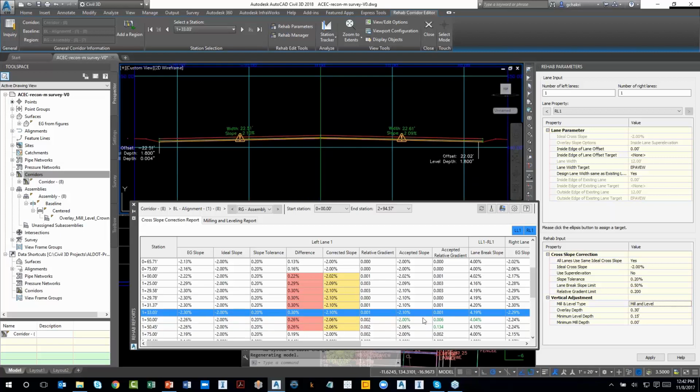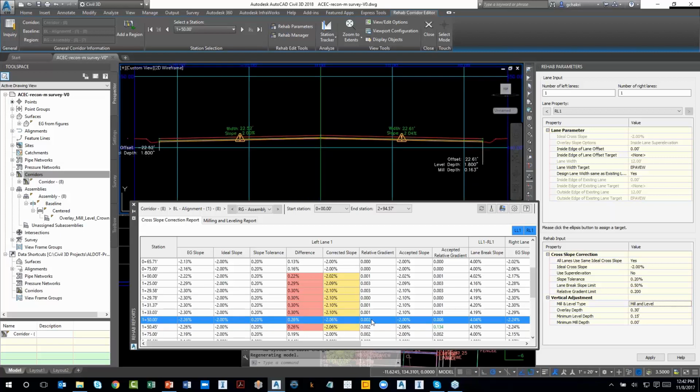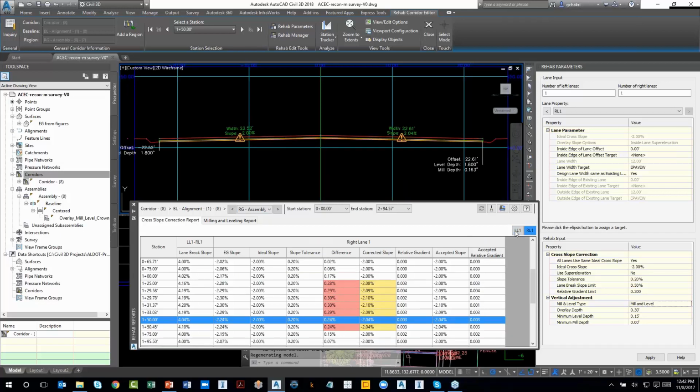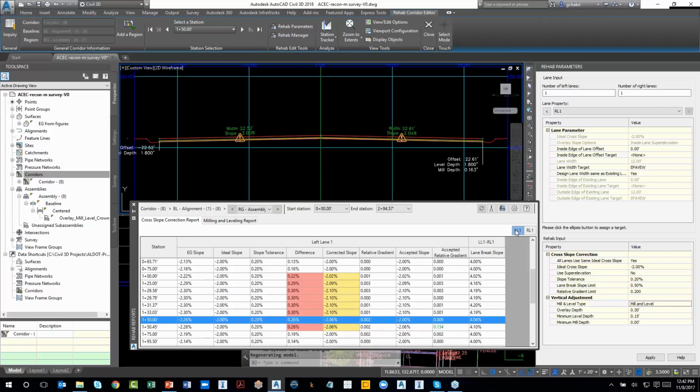The moment I change that to 2.0, you see that my cross section, which previously was at 2.6 slope, has changed back to 2.0. I'm actually changing the right lane, sorry, I changed the right lane, so the left lane I turned off. By the way, if I have a large number of lanes and want to investigate lane by lane, I can toggle on and toggle off here. So I want to see the left lane. I change the left lane to